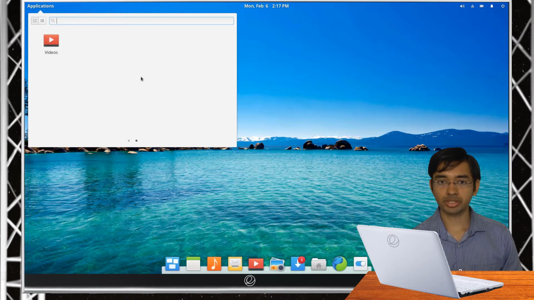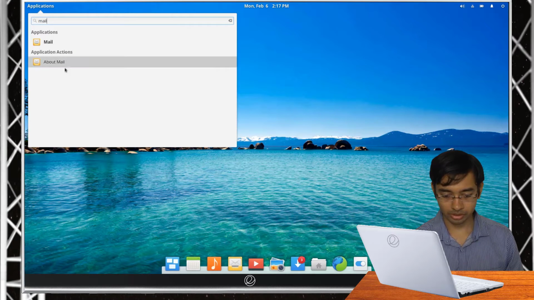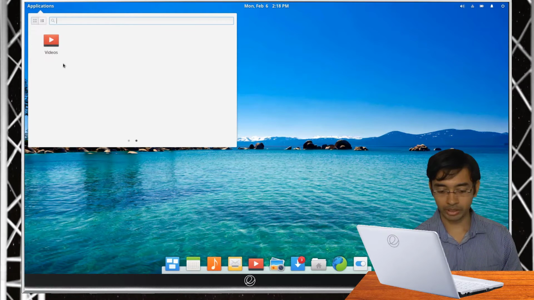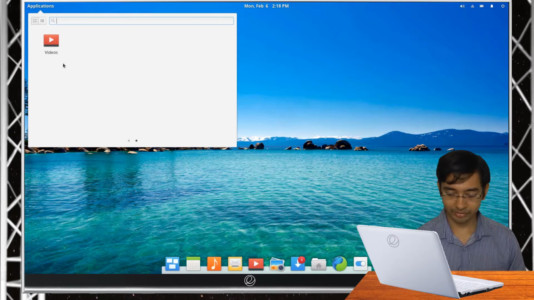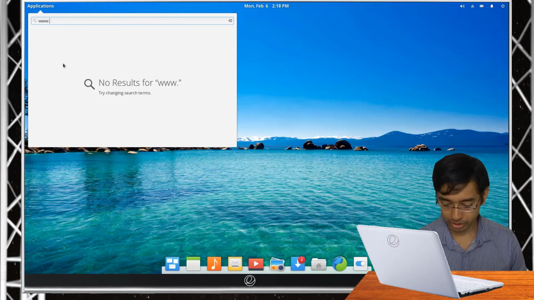This search feature not only covers applications but also allows you to search for specific application actions. Like if I type mail, then it also allows us to access the application actions about mail. Not only that, you can also do basic calculations similar to what Google search allows, and this search also acts like a browser address bar. So if you want to open a particular website, just type the address and it will open up in your default web browser like that.